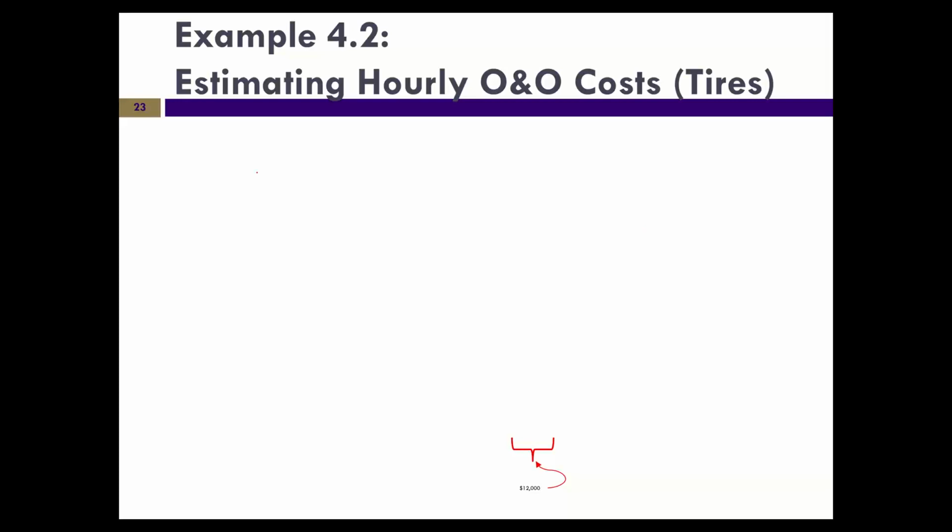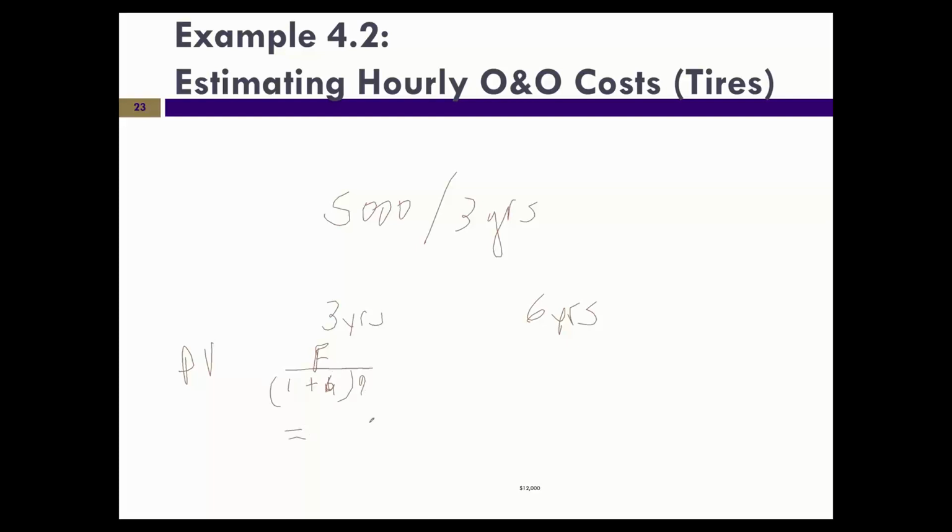If we happen to put a new paint job on, what does a paint job cost? If we have our paint job at $5,000 every 3 years, then we need one at 3 years, and we need one at 6 years. And we have to convert these to present values. The present value here is equal to the future value divided by 1 plus i raised to the exponent n. So this is equal to $5,000 divided by 1.12 raised to the power 3. And that's equal to